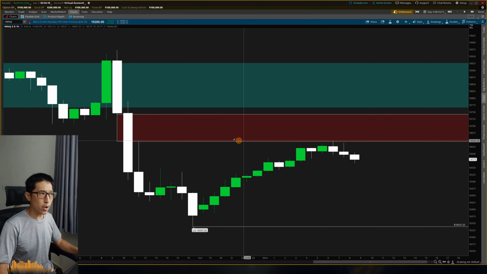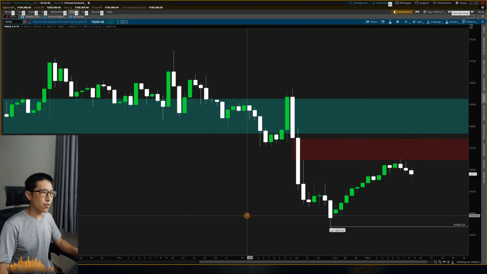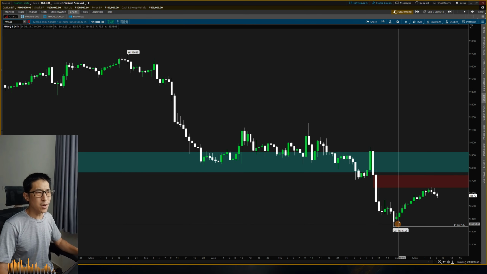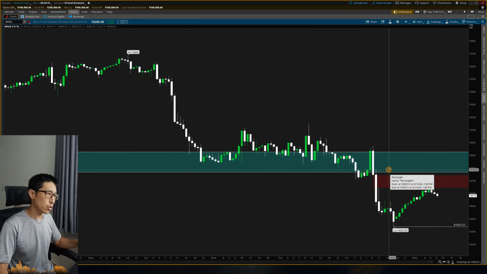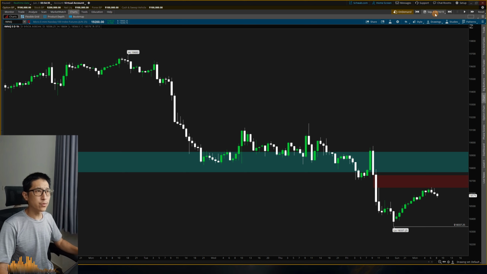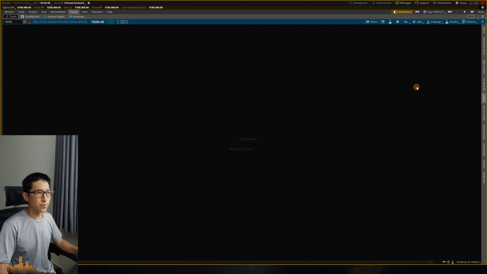You can see we did poke into it at 6 o'clock. Of course, the sell side is going to be down here. Buy side, technically up here, but I don't really want to see price go all the way up there again. I don't want to see price go above this old fair value gap that I'm using as inversion. So let's go ahead and walk through the morning action on the lower time frame.